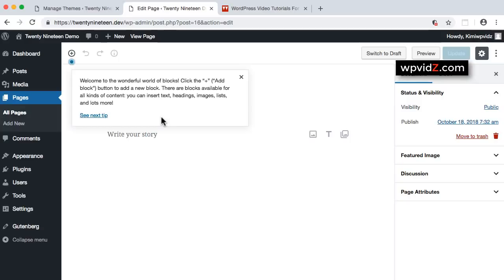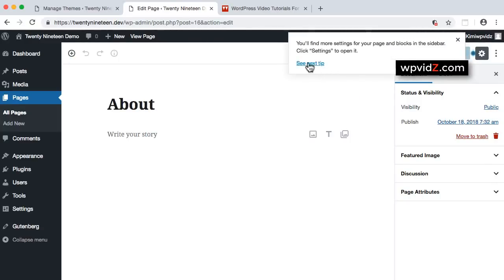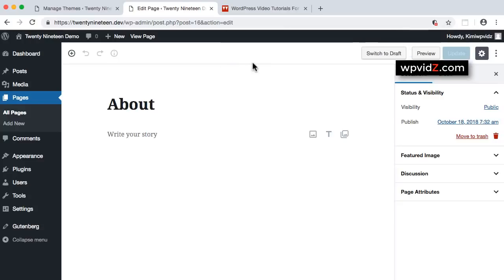So let's click on See Next Tip, and See Next Tip if you like, and See Next Tip. So the current version has only the 3 Next Tip buttons. And before we actually edit this about page,